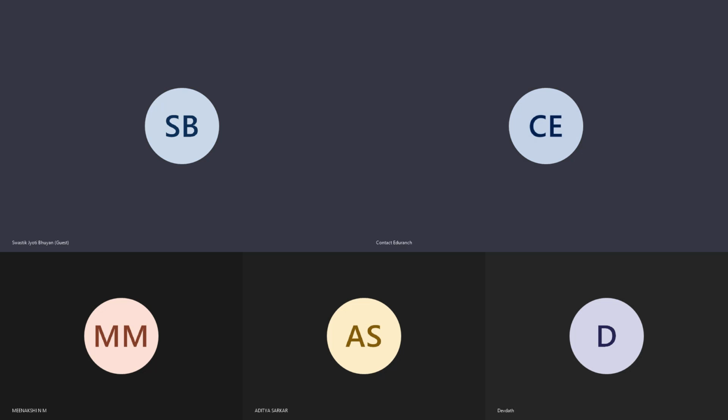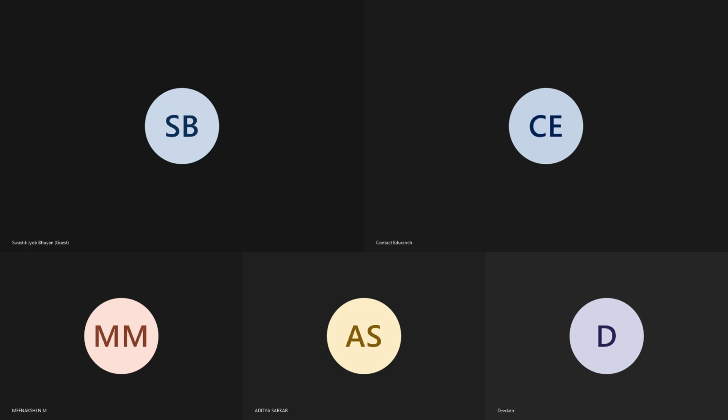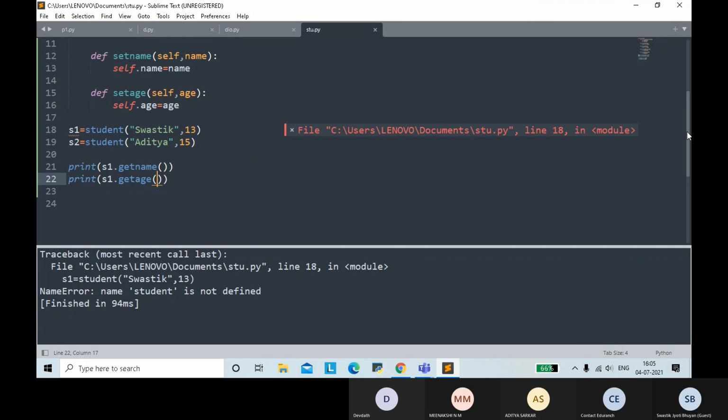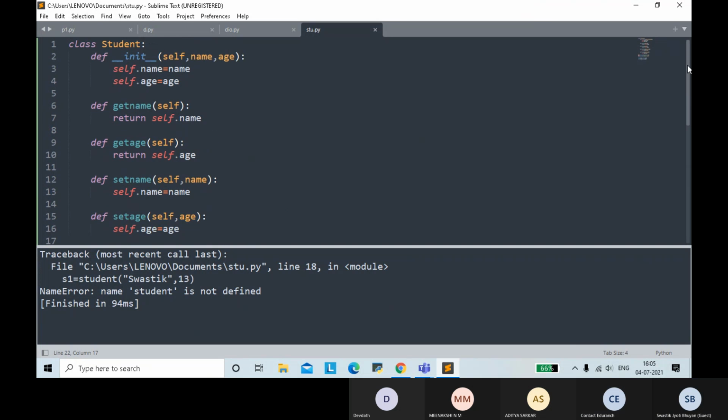Show me your screen. Okay, go to the top. What is the data type name you have given? See, programming languages are case sensitive. The class name you have given as capital S, but while creating you are using small s.